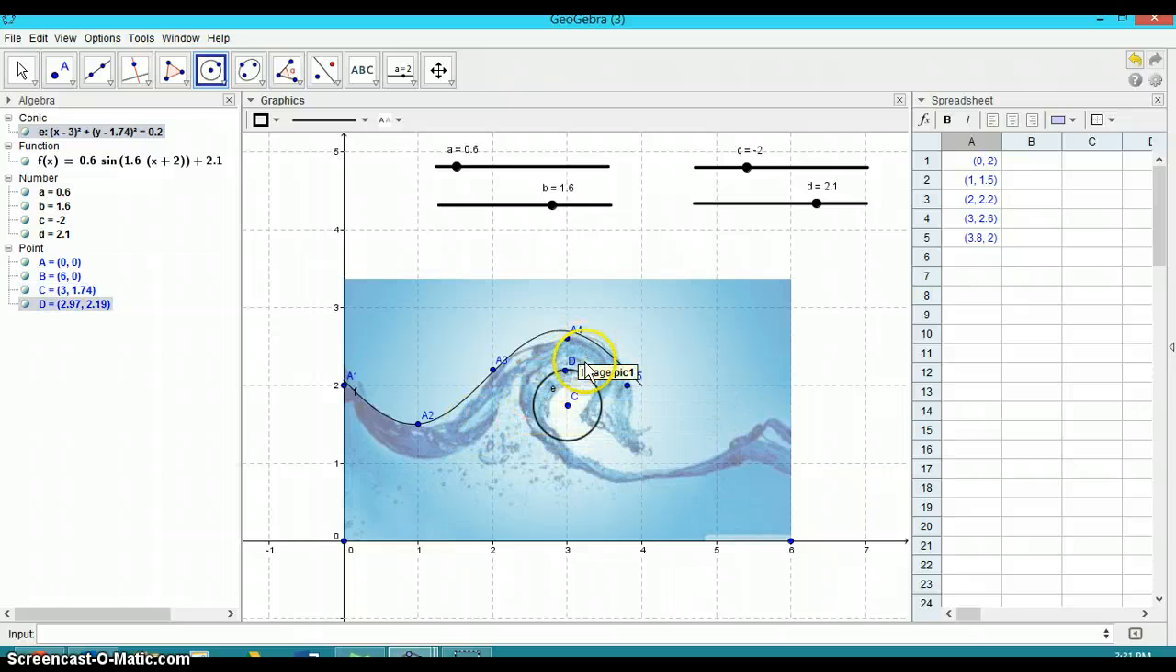Or you could try and write another piecewise or part of a function that fits in there, and you can try and put things together. So anyway, that is an introduction to